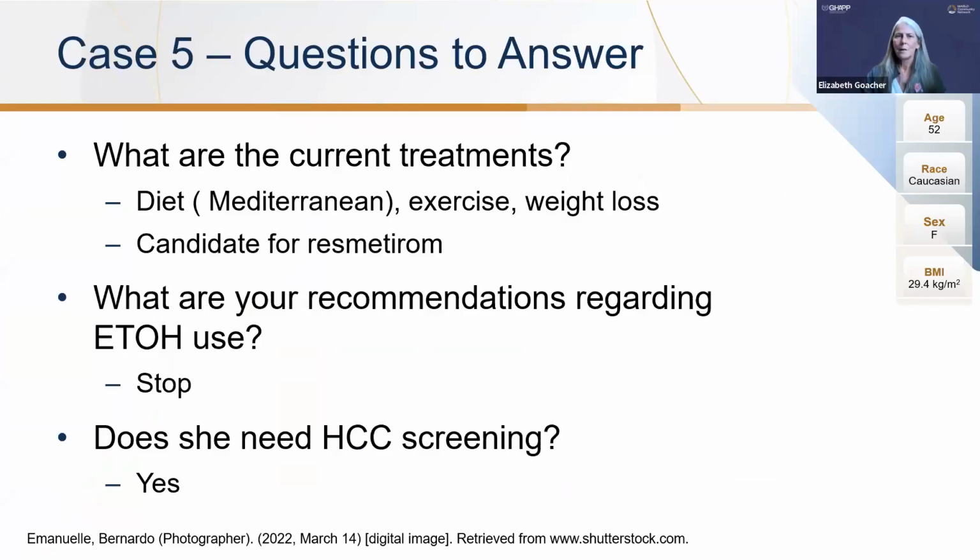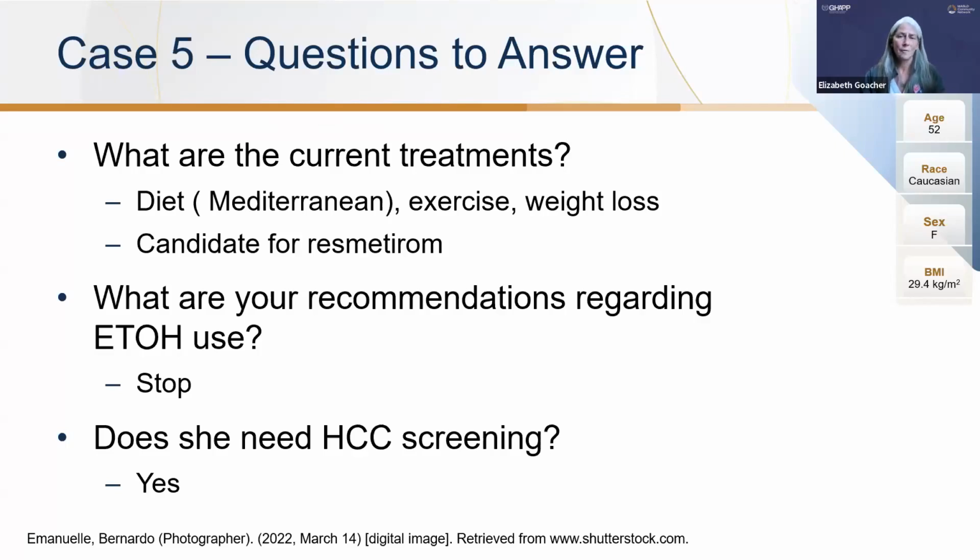The treatment for MetALD always starts with the treatment of the metabolic dysfunction. This is something we advise all our patients with, whether they have fibrosis or not, whether they have alcohol-induced damage or not, if they are in the metabolic dysfunction category. This person would be a candidate for resmetirom based upon her self-reported alcohol consumption being below or at the threshold where patients were included in the Maestro-NASH trials.